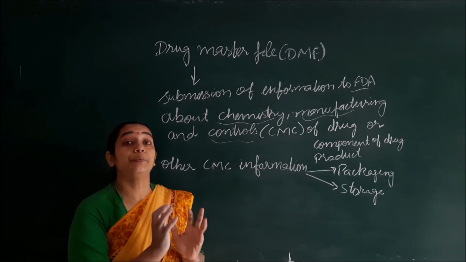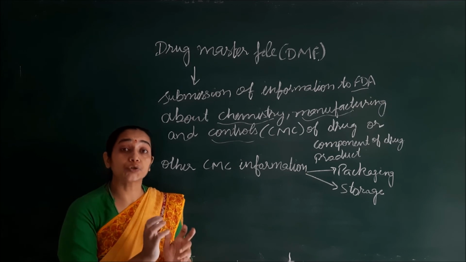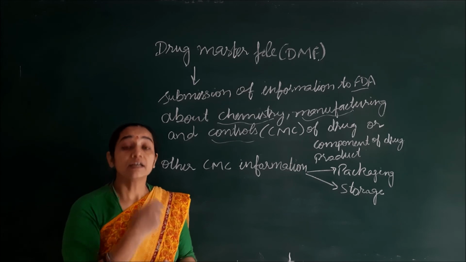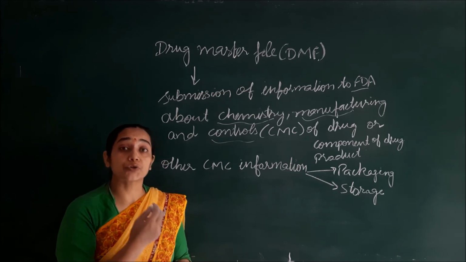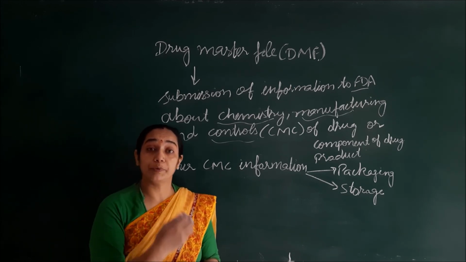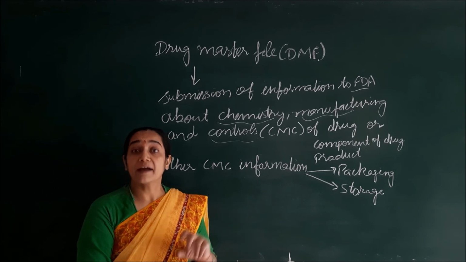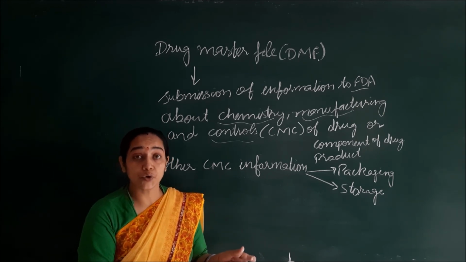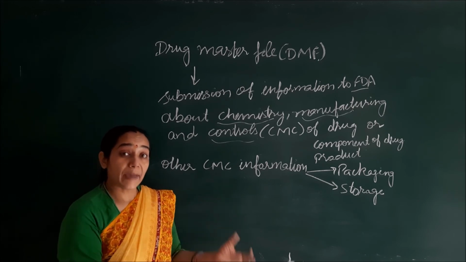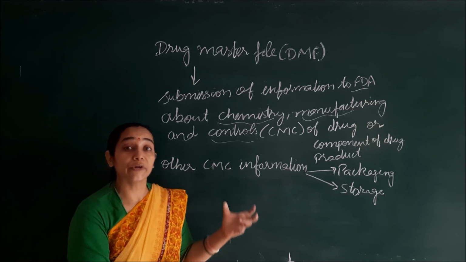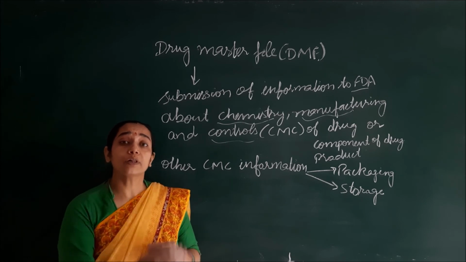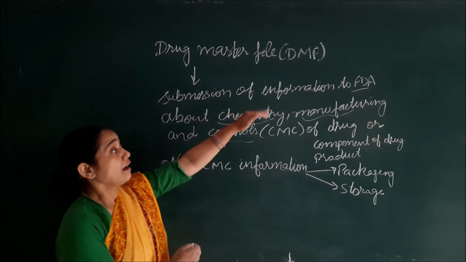And how it should be stored, meaning the product should be stored in a particular pack, like glass vials, amber glass vials, or strips, or blisters, or a plastic pack, or it should be a single entity storage or multiple component storage, meaning it should be packed in a single bottle, with 30 tablets or 20 tablets packed accordingly. This Drug Master File should provide all this information to the FDA.